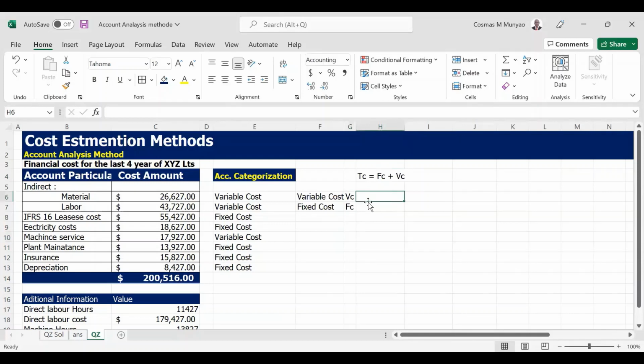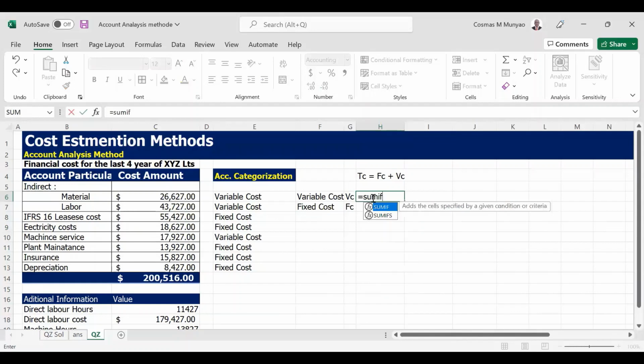So from here, we can get the total of each here, and we use an Excel formula that is equals SUMIF in this range, F4 to lock in that space, and to tell the Excel, as you move the formula, we want to use only that space. The selected cell should not move, comma, variable cost,